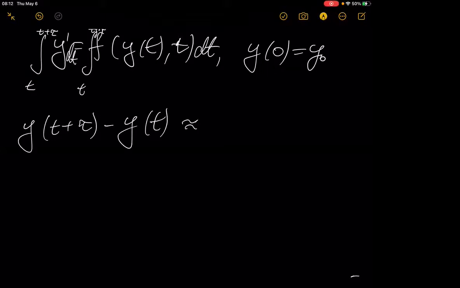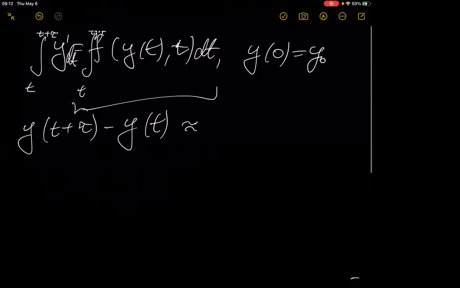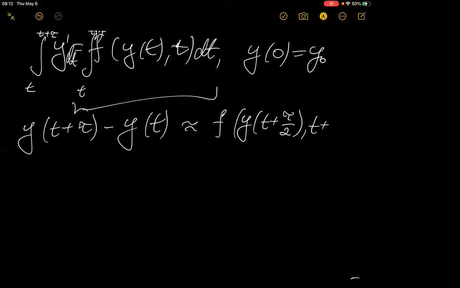And in the right-hand side, we use an approximation of this integral using the midpoint rule, which is f. This. But of course, the problem is that here we need to use some approximation because